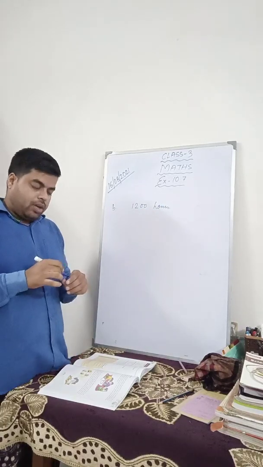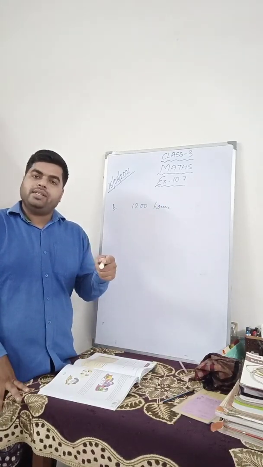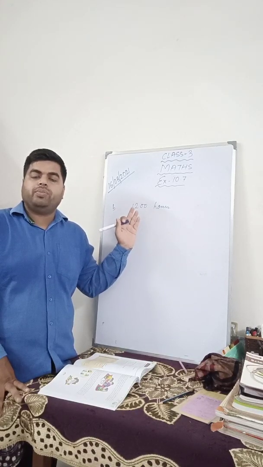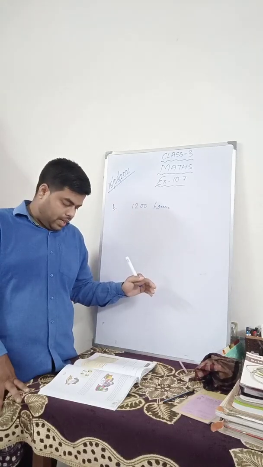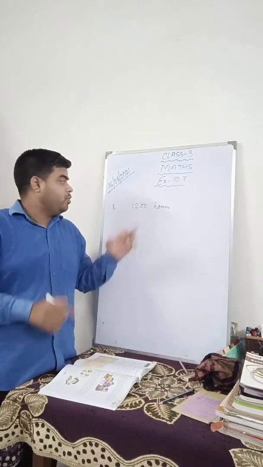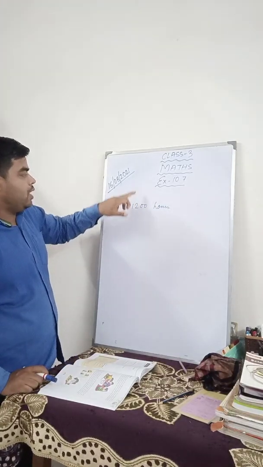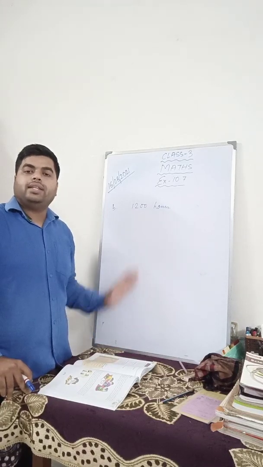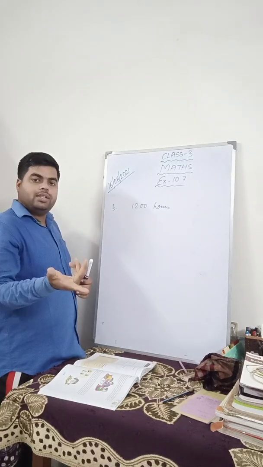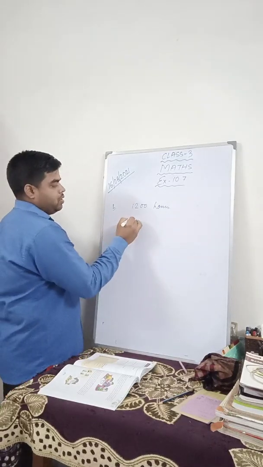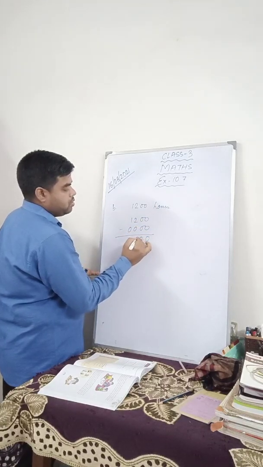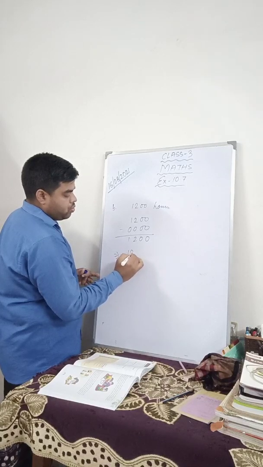When you convert it from 12 to 24, you have added 0000. So if you find 12 in the hour place, you will subtract only 0000, because when you converted from 12 to 24, you added 0000. So you will subtract 0000 now. So 1200 minus 0000,